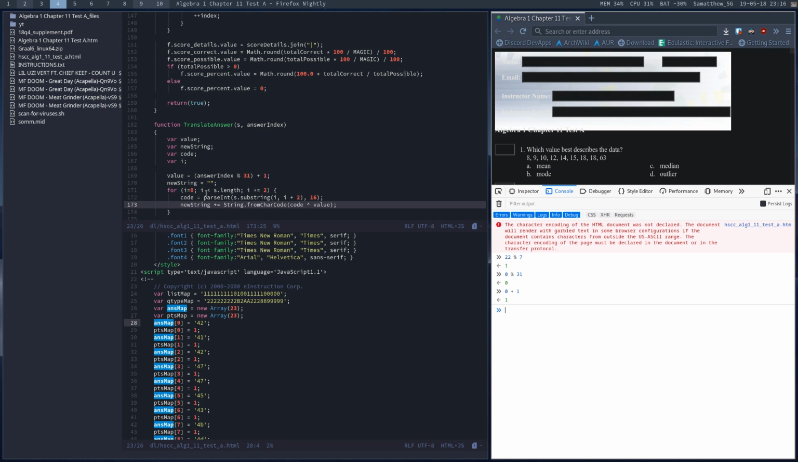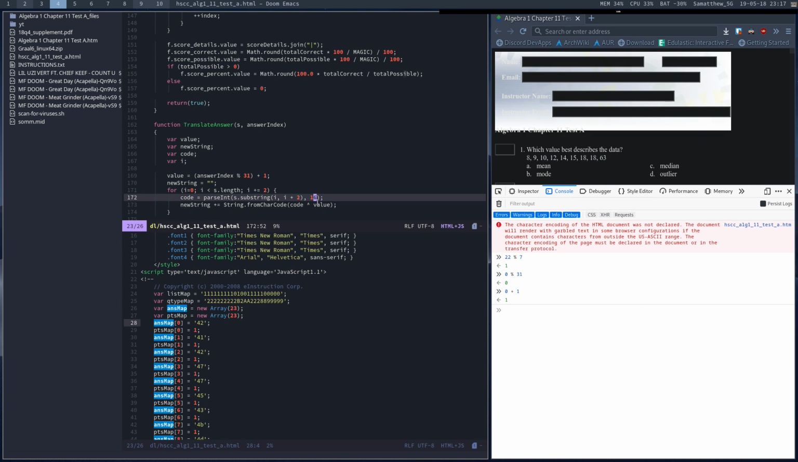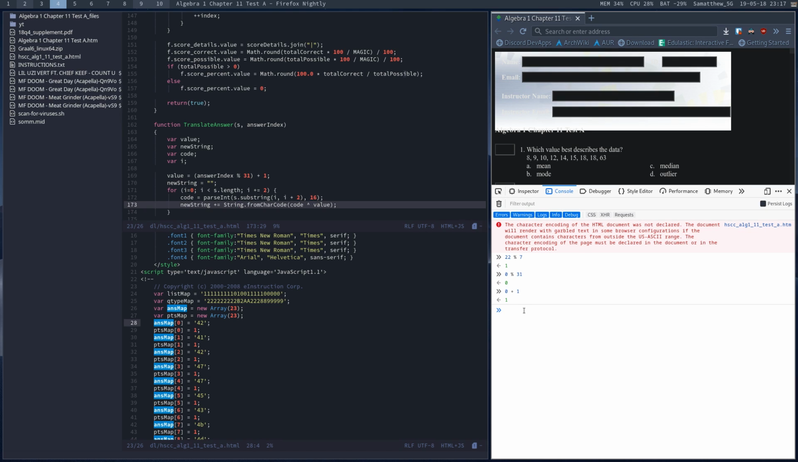And we can see that it parses the i plus 2 substring, like it gets every 2 characters basically and parses it as a hexadecimal thing. As we can see, it's doing parseInt with the second parameter being 16, which basically means, hey, parse this number, it's hexadecimal, make it into a normal number. And then it makes the new string equal to String.fromCharCode, basically code to the power of value. And basically it just gets the number and takes it to the power of